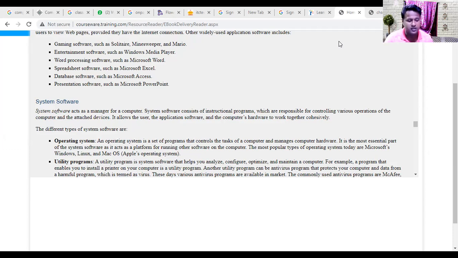Next point, display the results on the monitor. Send information to a printer. Next, read and write files to the secondary storage.